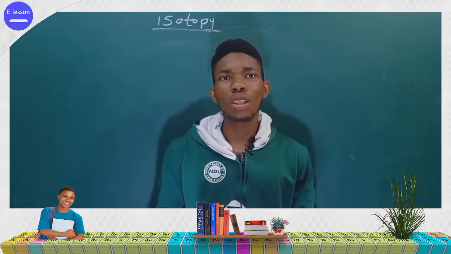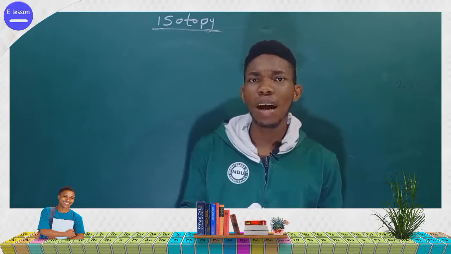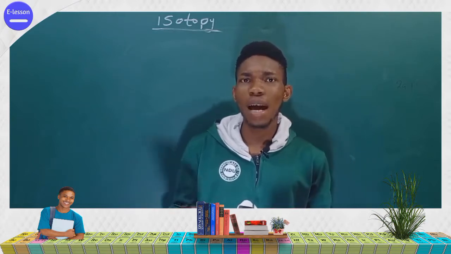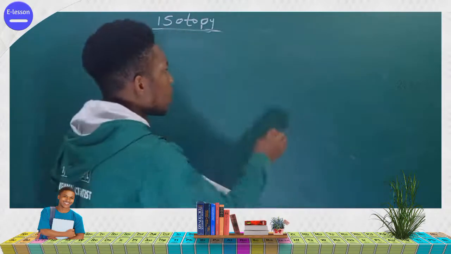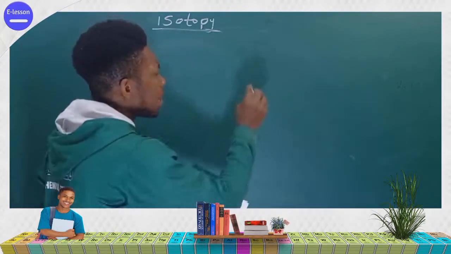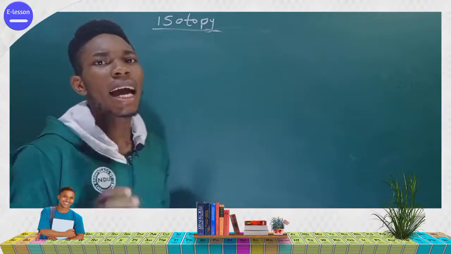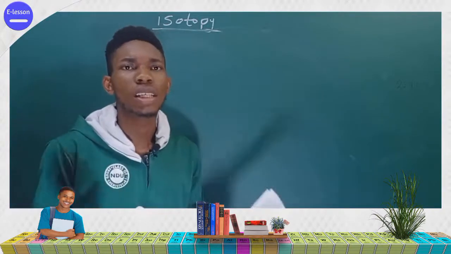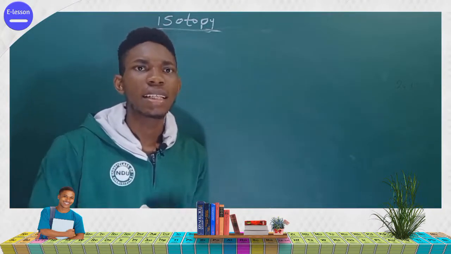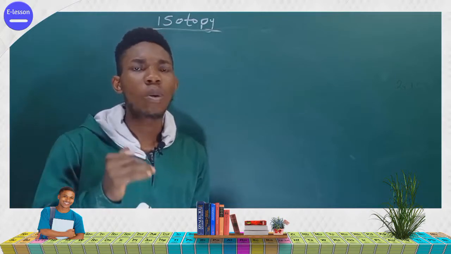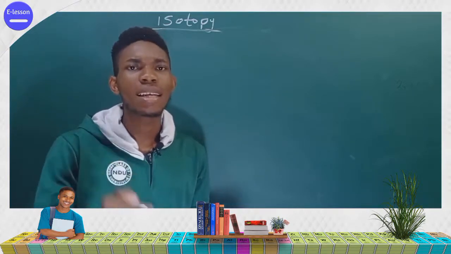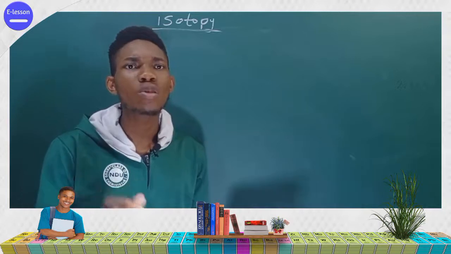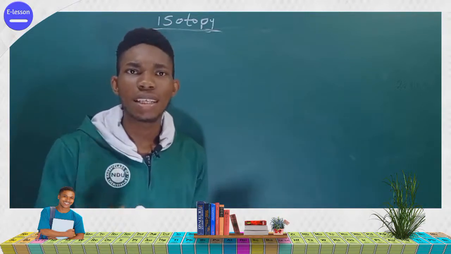Isotopes usually occur in nature in form of percentages. Are we getting it? These percentages we call what? The natural percentage abundance. That is to say, the element is a combination, or the atom is a combination, of all the isotopes that occur in nature.